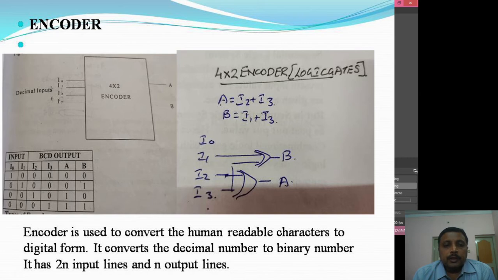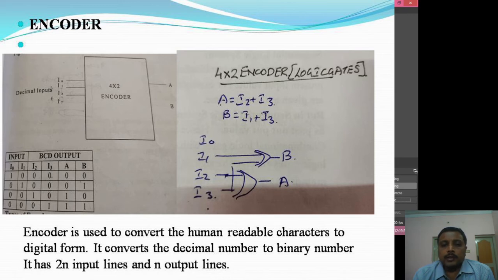Coming to the third inputs, I2 alone is in a high state here, whereas I1 and I3 are 0. Since I2 is high, output A is going to be in a high state and B is going to be in a low state. Similarly, the last row, I3 has a high state, whereas I1 and I2 are in a 0 state. Hence, since I3 is available in both outputs A and B, both the outputs are going to go for